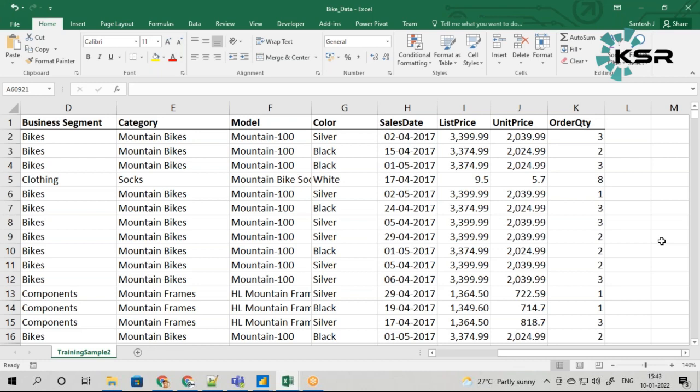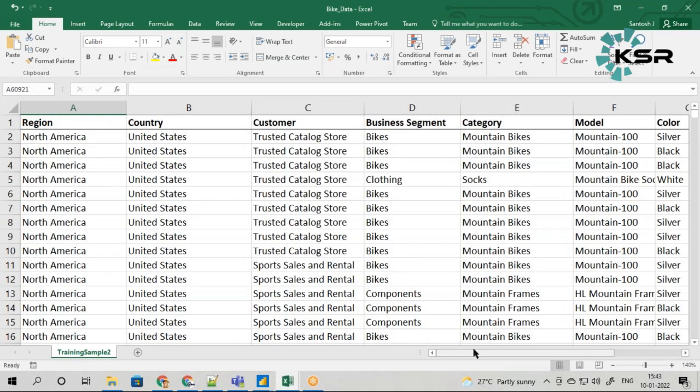So this data, I can call it clean data, but I can also call it incomplete. This data set is incomplete. I cannot create a report for this. Why? When you don't know what sales is, what profit is, what cost is, how can you get this information?